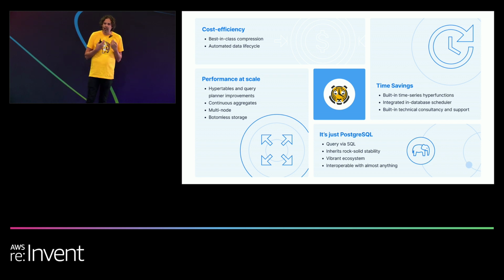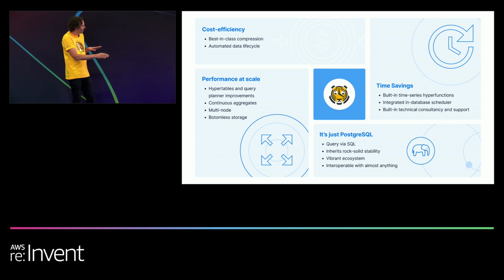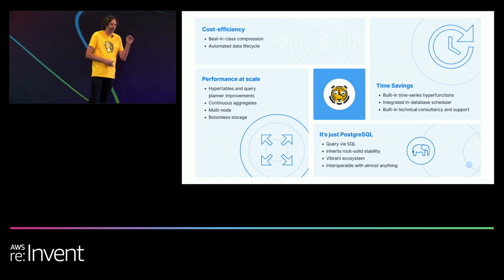So when I'm querying data through my Timescale hypertable, I could be hitting row-based data, I could be hitting compressed data, and I could be hitting my Apache Parquet S3 data, all within the same query transparently. So it's a real question of data lifecycle. I can decide where I want my data to be at various stages of my data lifecycle, and in fact, if I don't want my data anymore, then I can also drop that data at the end of my data lifecycle.